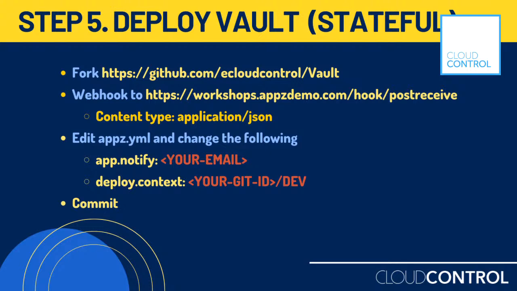You will be doing a fork from this repo to your personal Git repository. So you're bringing the code from this repo, eCloud control vault, to your personal repo, and the fork button is on the right hand top. You will do that. So let's all go ahead and fork the repo first,